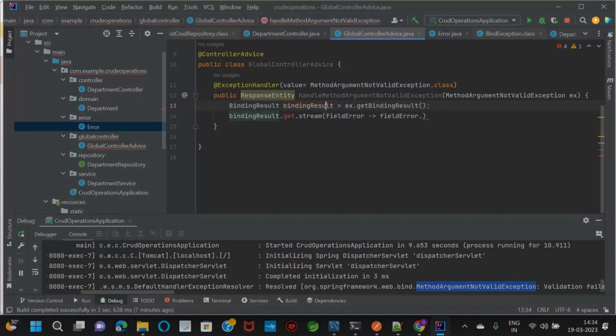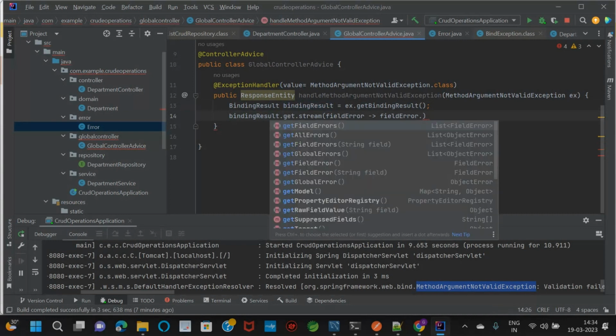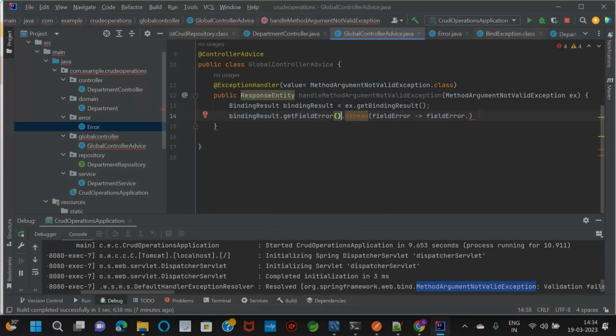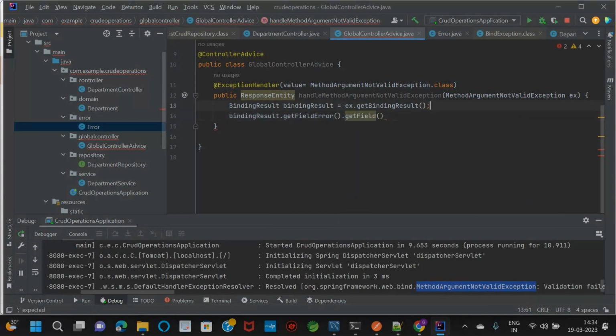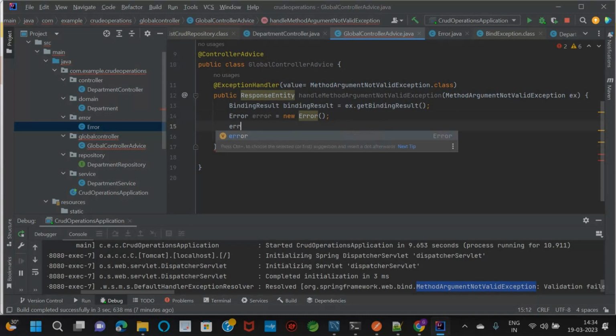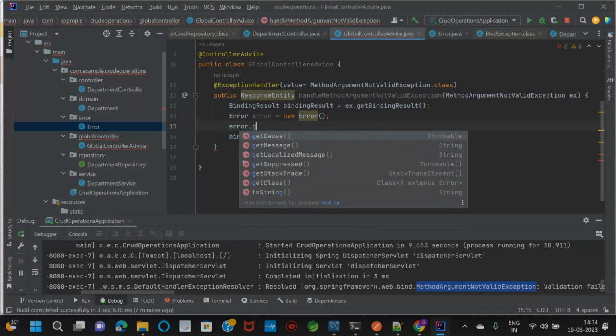This is correct. And from the binding result we have only the get field error. If I get the field error, let me take get field error dot